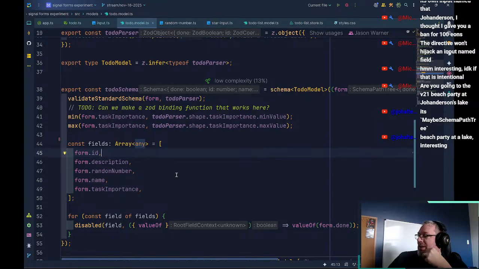Beach party at a lake. Oh, wow. The V21 beach party at Johanderson's lake. I didn't realize Johanderson had a lake. That sounds awesome. Thanks for the invite, Johanderson. I'm looking forward to being there. But yeah,